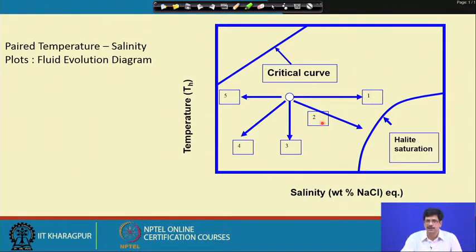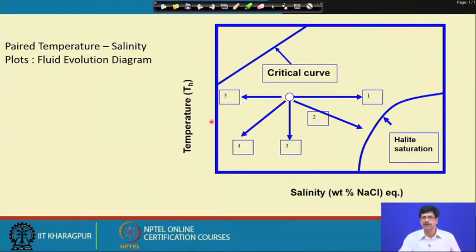Meaning from an originally homogeneous liquid, a vapor phase gets separated as the pressure decreases with very little fall in temperature in an adiabatic condition. In that kind of situation, the vapor phase gets separated out of the liquid. As and when the vapor phase gets separated out of the liquid, because of the very low concentration of salts in the vapor phase, the residual liquid becomes more and more rich with NaCl. So, that gives a trend of increasing salinity with very little change in the temperature of the fluid. We get a very high salinity trend, and that's a boiling case.